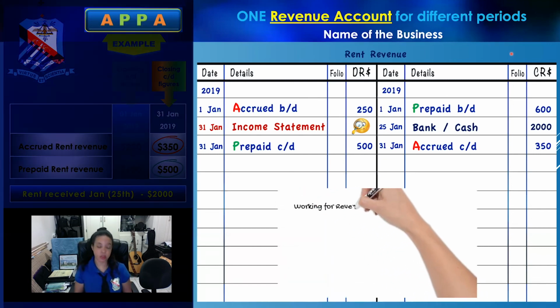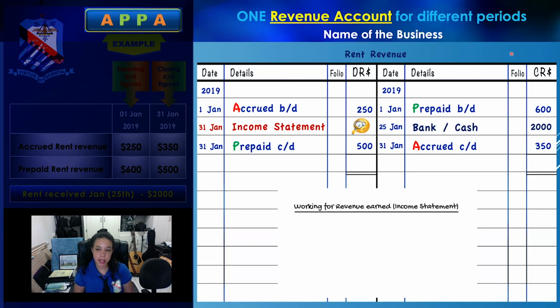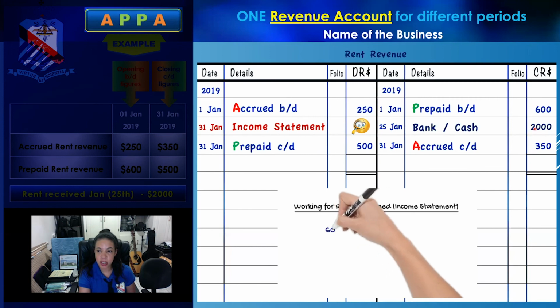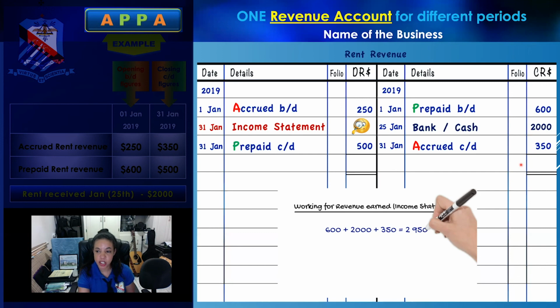Do the same thing as we do for the expense account and for all accounts when you are balancing at the end of a period. You're going to total. Which side has the greater sum total? In this case, it will be the credit side. So you would add 600, 2,000, and 350, and you will get a total of